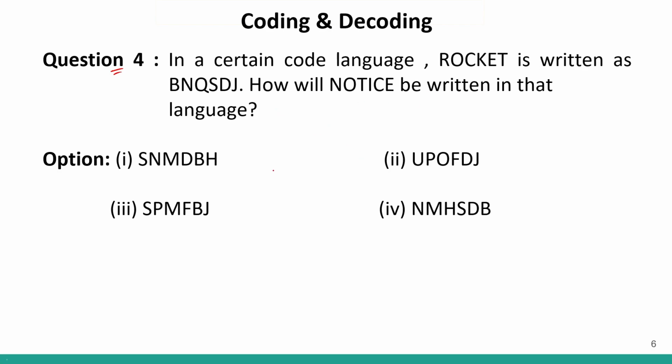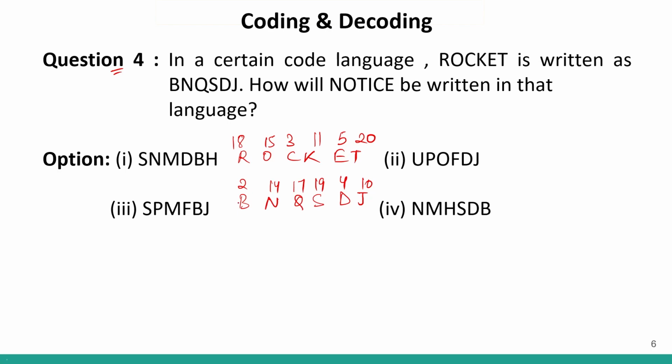So R, O, C, K, E, T is written as B, N, Q, S, D, J. R is 18, O is 15, C is 3. K is how much? K is 11. Correct? E is 5, T is 20. J is how much? 10. This is 4. S is 19. Correct? Q is how much? Q is 17. N is 14 and